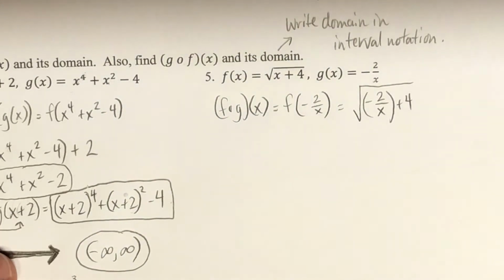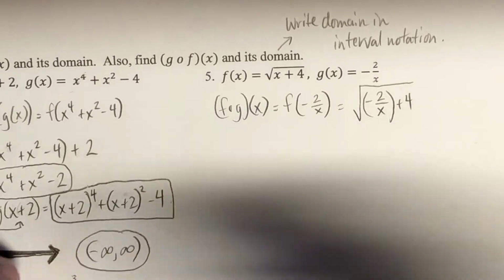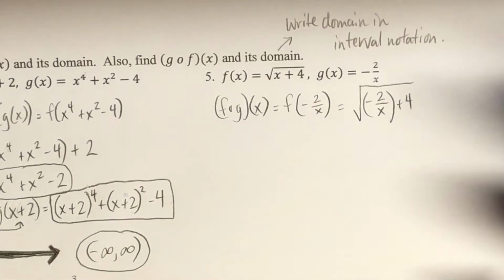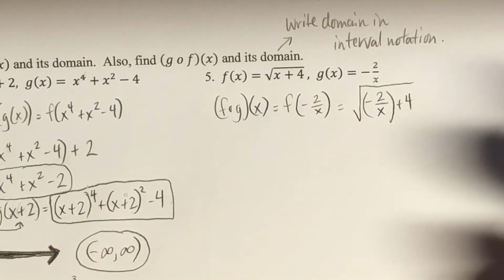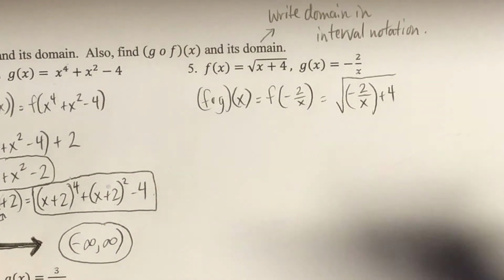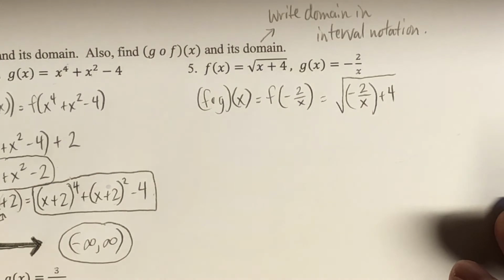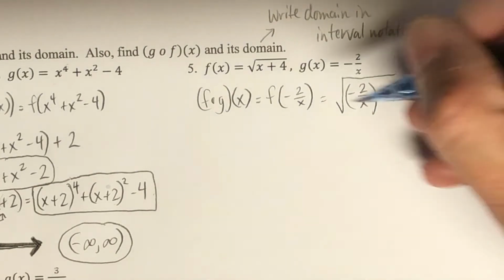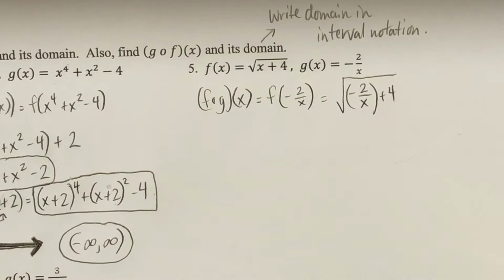All right. And so that's what F circle G is. Okay, so now here's the thing. We figured out what F circle G is. I'll do G circle F in a little bit here. Since the domains are going to be a little bit more complicated this time, let's go through it a little bit more carefully, okay? So we need, and again, looking at the front side of our worksheet here,